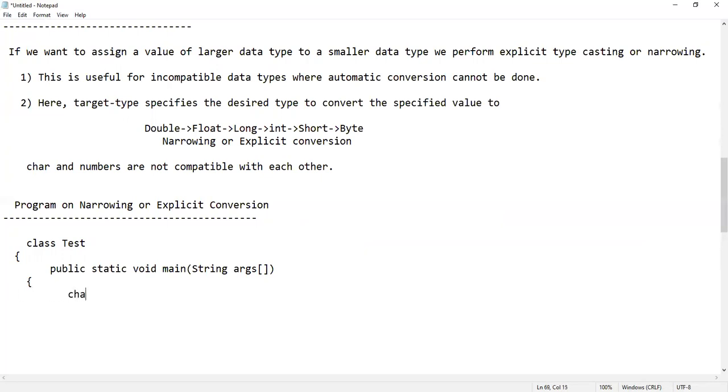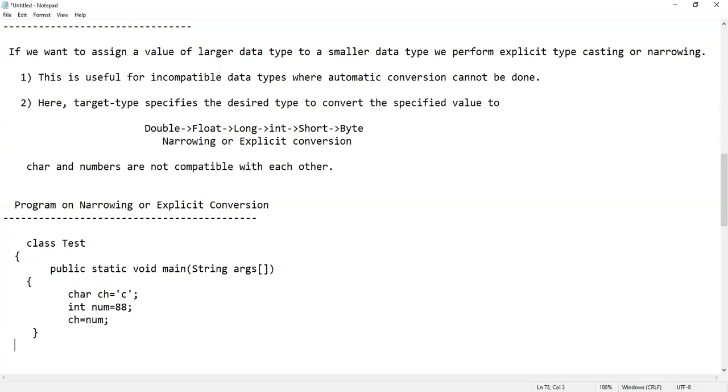So here we are going to declare a character type. Character ch is equal to c, and integer num is equal to 88, int num is equal to 88, and ch is equal to num.